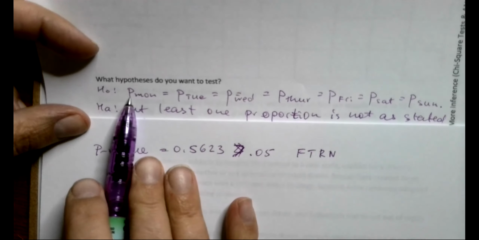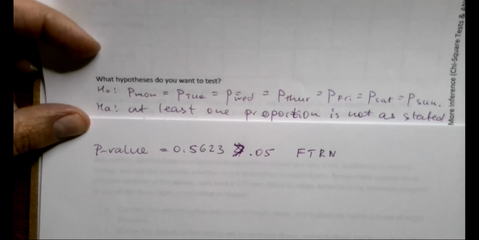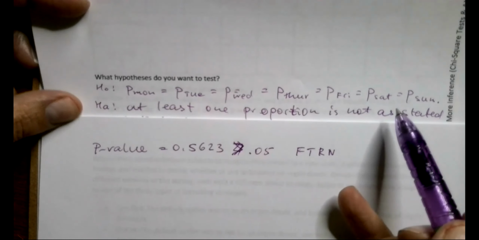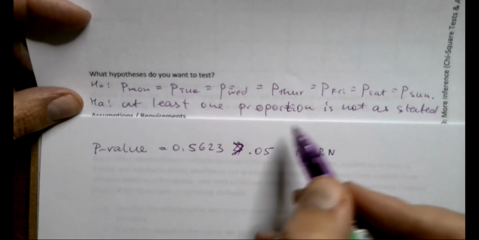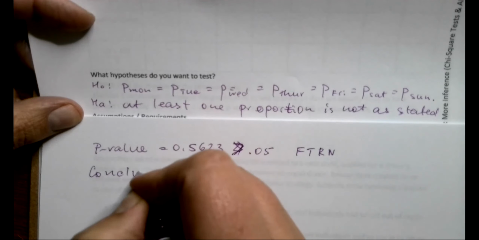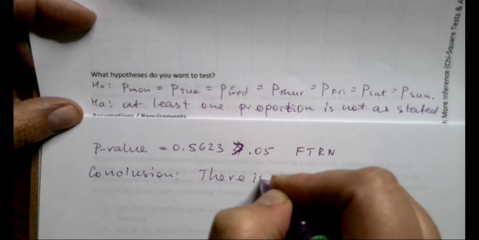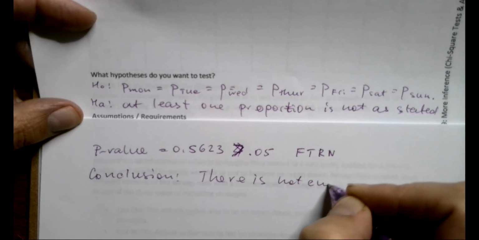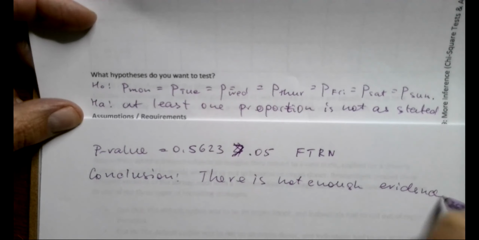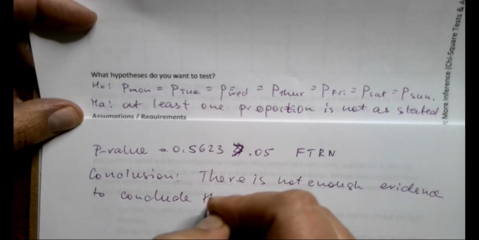And what was the null? The null was that the proportions are equally distributed. But remember, we never prove the null. We just say that there is not enough evidence to conclude that. So conclusion, there is not enough evidence to conclude that